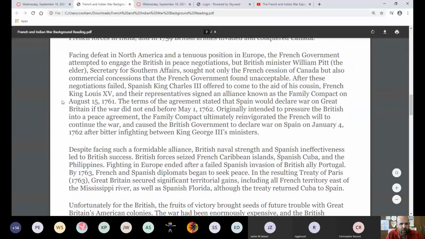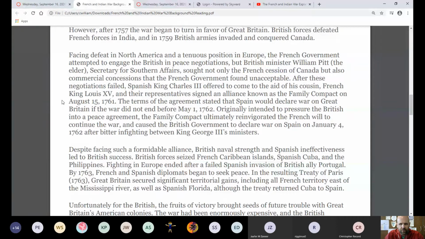After these negotiations failed, Spanish King Charles III offered to come to the aid of his cousin, French King Louis XV, and the representatives signed an alliance known as the Family Compact on August 15, 1761. The terms of the agreement stated that Spain would declare war on Great Britain if the war did not end